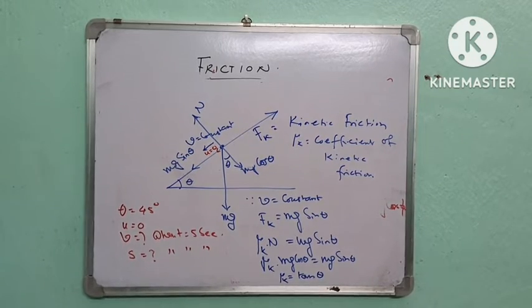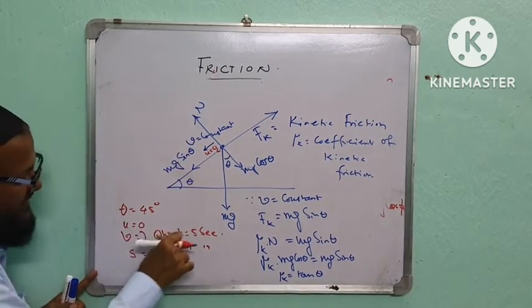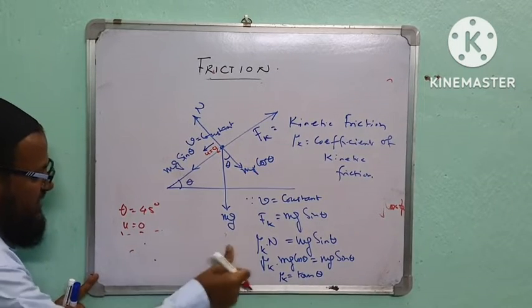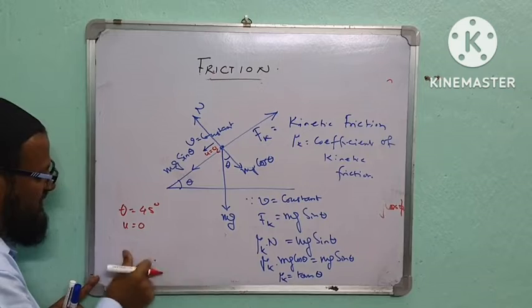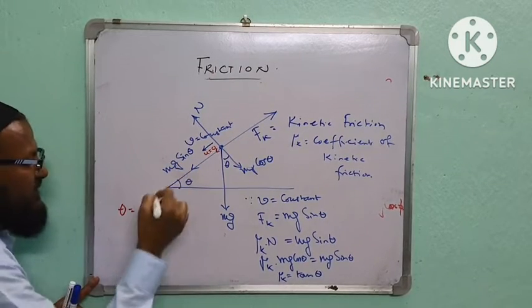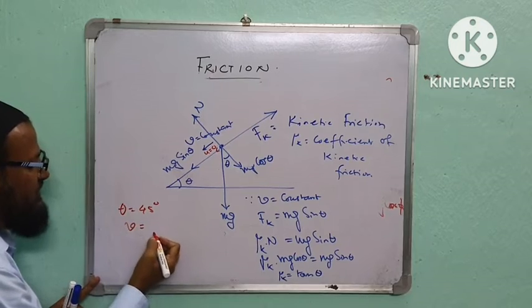This is actually v constant. Here is the question. This is the question. Here, not v. The body is moving like this. Suppose this v equal to